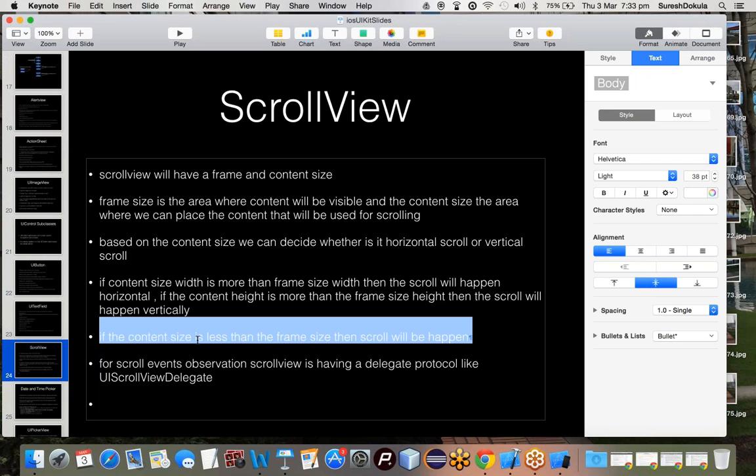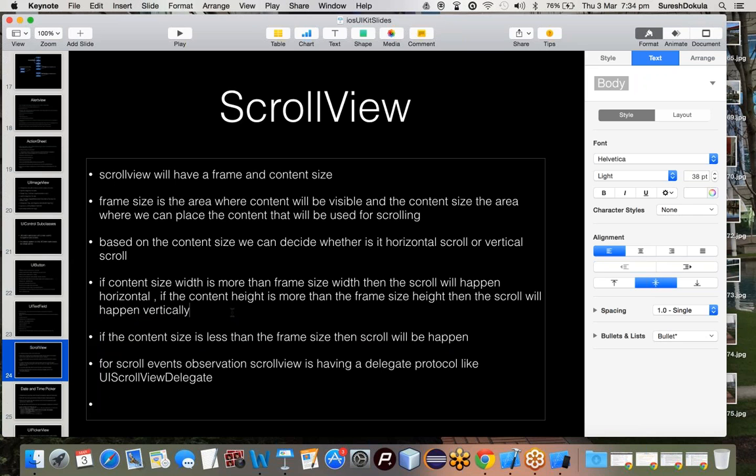For example, the user has scrolled the scroll view, so now the scroll view is ready to stop scrolling. In that scenario, there is a notification method which the UIScrollViewDelegate protocol provides. If we override those methods, we can identify the event when the scroll view is ready to stop. So there are events or notification methods, the scroll view delegate methods,